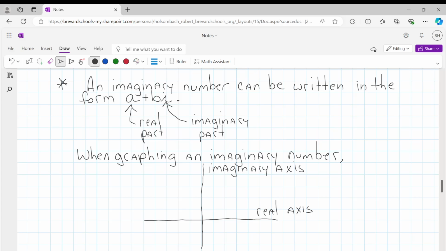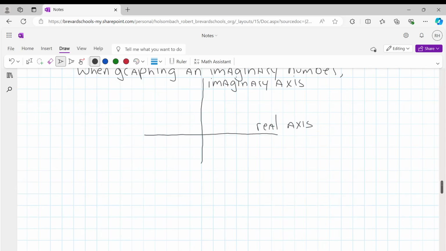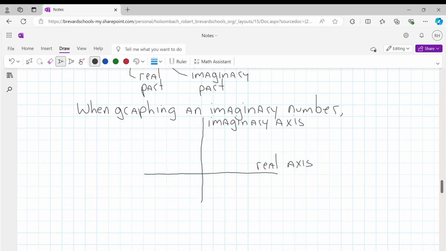So in the second part of your assignment today, you're going to be asked, let's see what the wording is, plot each number and find its absolute value. So we're going to work on the plotting part of each number today. So if we're going to plot -5 plus 3i,